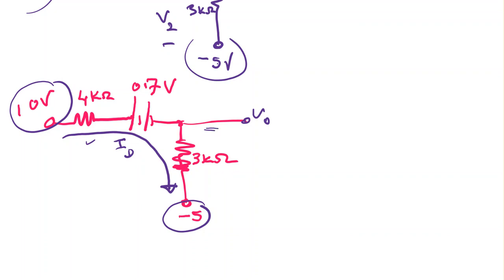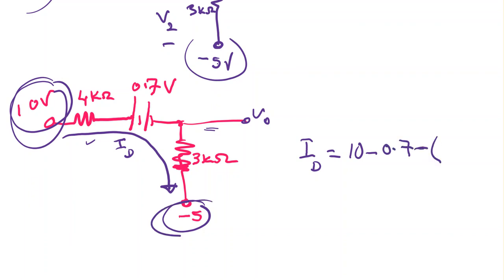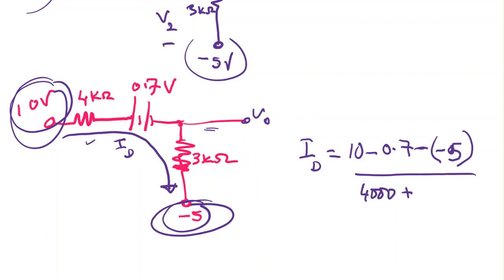So what will be the voltage? According to, if you wish, Kirchhoff voltage law, we can say that it's easy. I can say that the current I will be equal to the voltage here, which is 10 volts, minus the 0.7, minus the voltage here, which is minus 5, divided by the resistance, which is equal to what? 4,000 plus 3,000. And if you calculate this one, you will be able to find that the current is 2.04